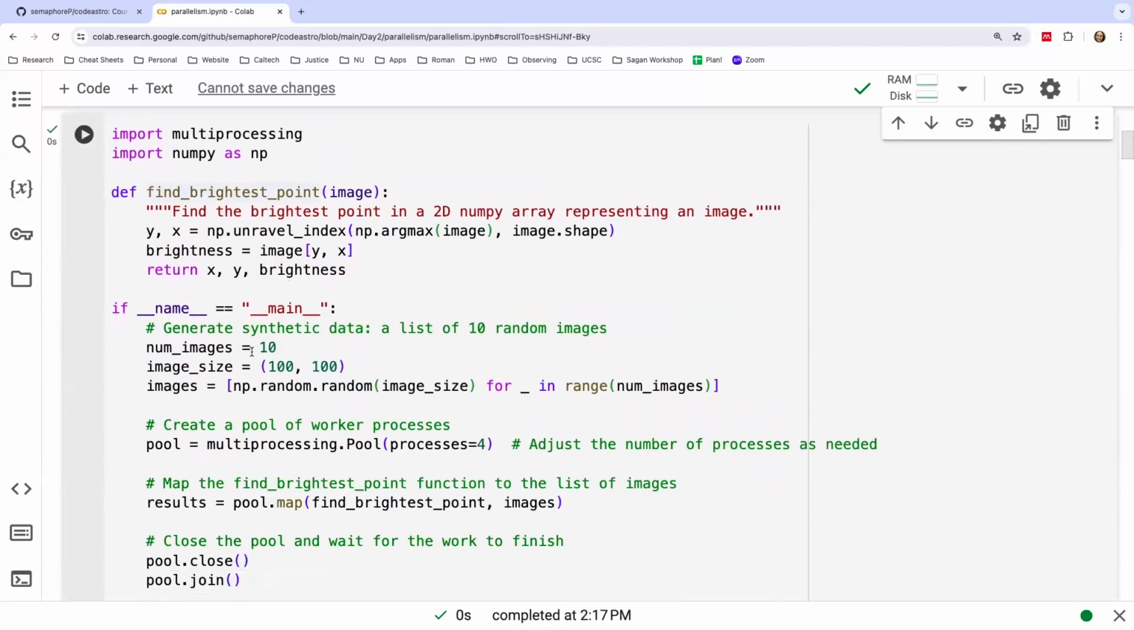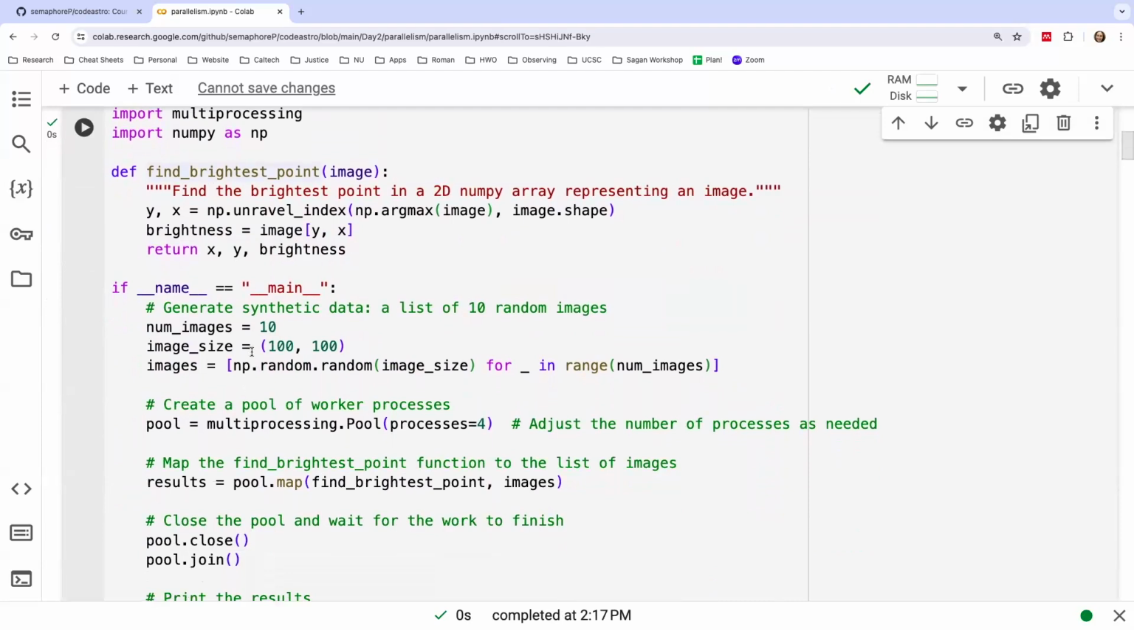So this is what I meant by embarrassingly parallel. I just set up a dummy code. This is to find the brightest point in an image. Let's say it's a FITS image. So I treat a bunch of 2D arrays as images, and I run through 10 of them, and all of them have a similar size